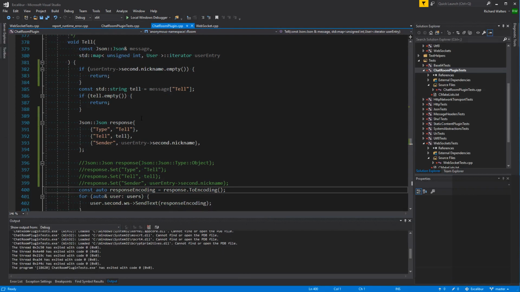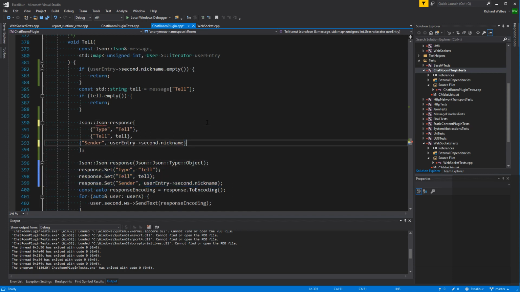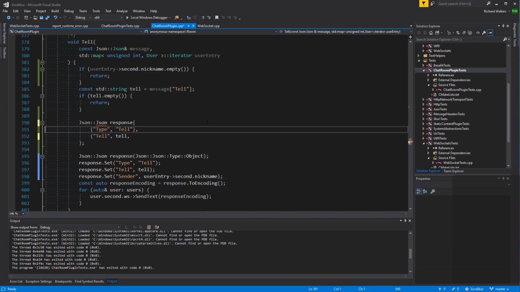Because we only have one constructor that takes an initializer list. So the idea I had offstream is instead of using the constructor, we could just say auto response equals, and then say JSON object initializer list. I think that would work a lot better, because then I could also just put that in place of that and do it all in one line, really, if it's a simple object. So I think that's what I'm going to work on right now. Let's keep that there as an example. Well, no, we'll do that later. Put it back the way it was, and we'll just start with a unit test that shows what we want.